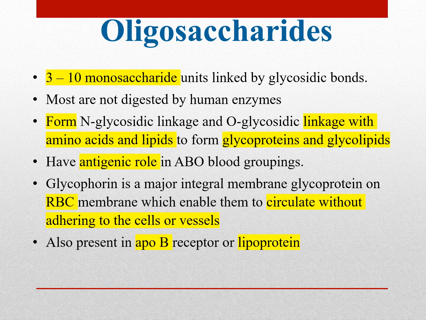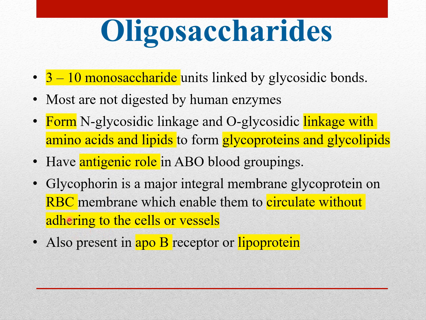Move on to something in between polysaccharide and disaccharide. As you can see, 3 to 10 monosaccharides have been loosely termed as oligosaccharide. And they form linkages with amino acid and lipid. So they can be conjugated from carbohydrate with protein to become glycoprotein, and with lipid to be glycolipid, and have a role in being antigenic during blood grouping, ABO. So it has something related to the blood groupings.